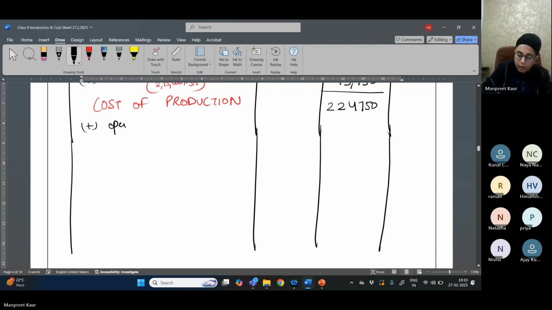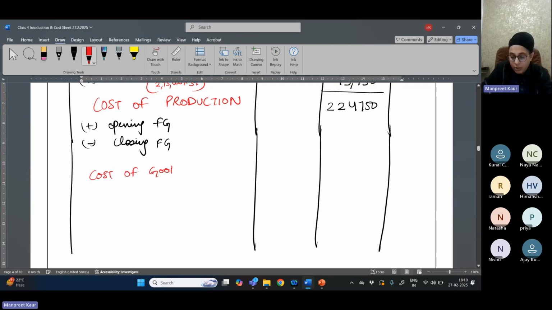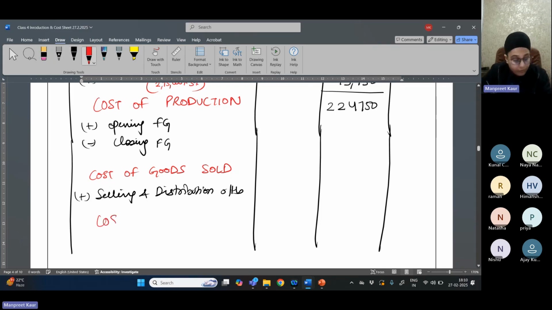Add opening FG minus closing FG. We will get the cost of goods sold. In cost of goods sold, we will add selling and distribution overheads. We will get the cost of,